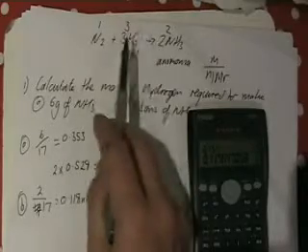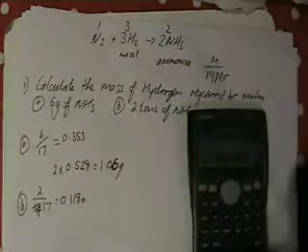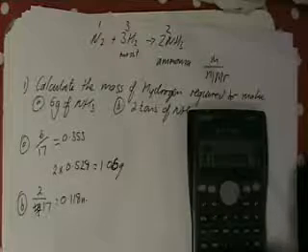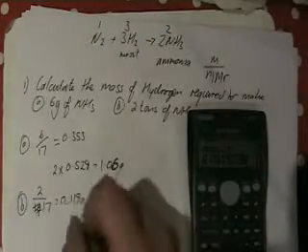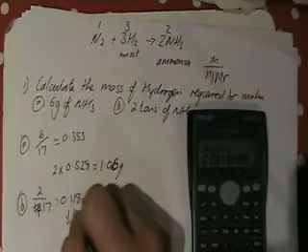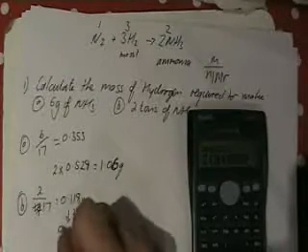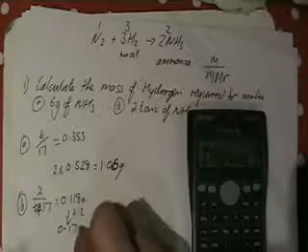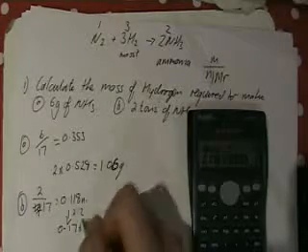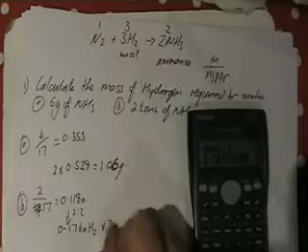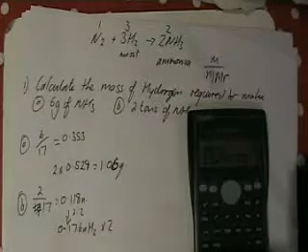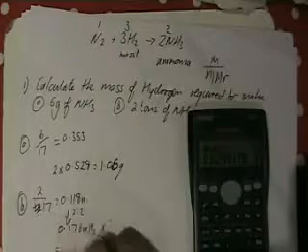Again, it's 2 to 3, remember. So we multiply that by 1.5, or divide by 2 times 3, which gives us 0.176 moles of hydrogen, and we multiply that by 2 because the MR of hydrogen is 2, which gives us